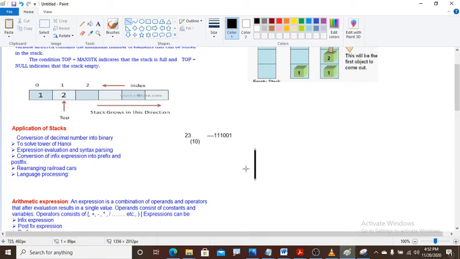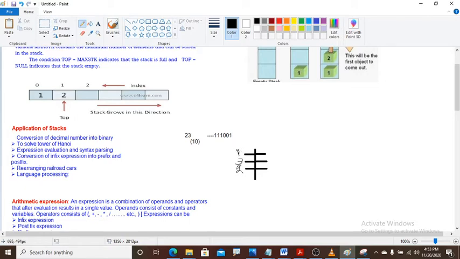We are placing elements like these: first element, second element and third element. It is in an unsorted way. If I want to place this in a sorted way, suppose this is 2, this is 3, this is 1, let us take.